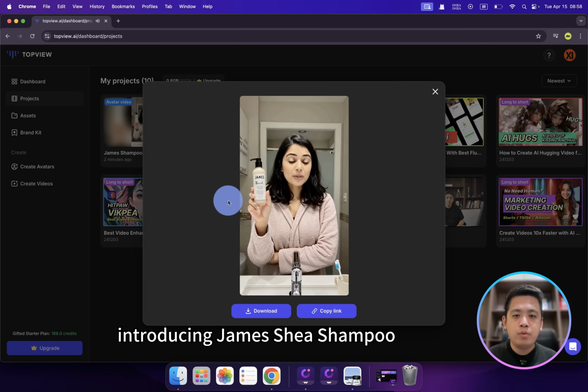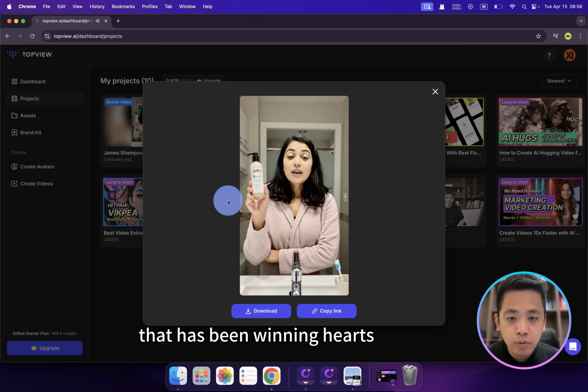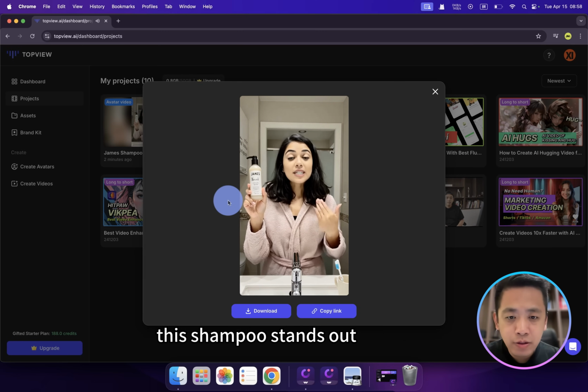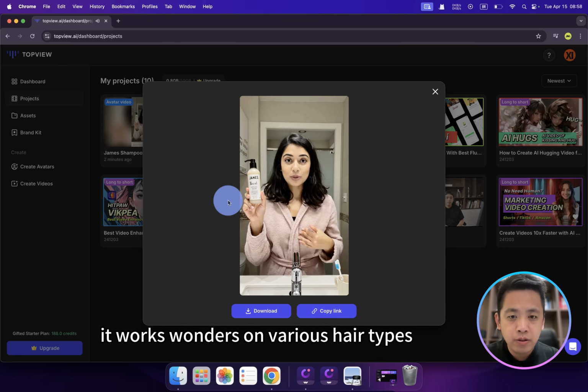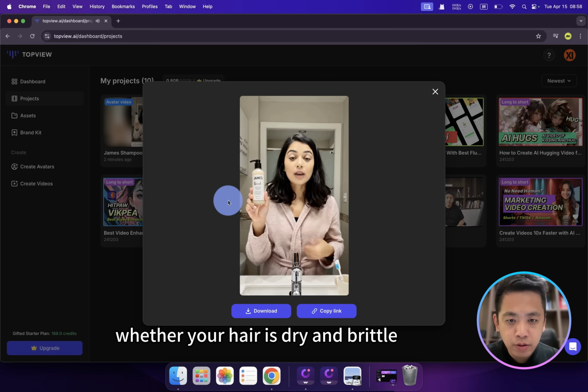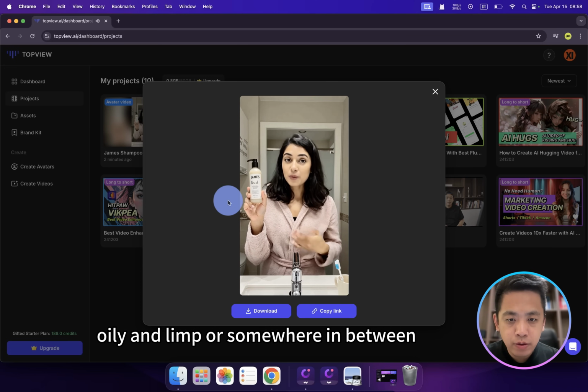Introducing James She Shampoo, a remarkable hair care product that has been winning hearts in the market. This shampoo stands out with its outstanding performance. It works wonders on various hair types, whether your hair is dry and brittle, oily and limp, or somewhere in